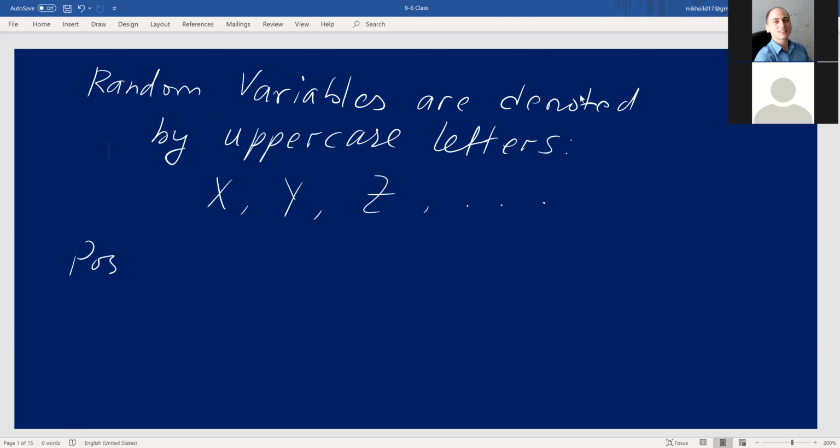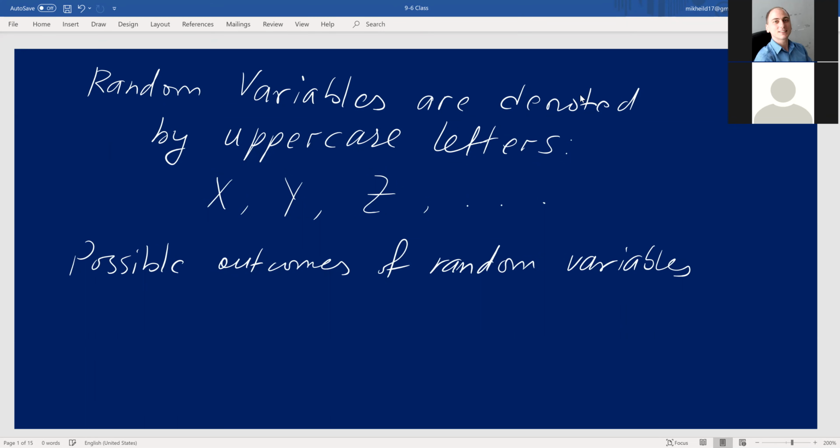Possible outcomes of random variables are denoted